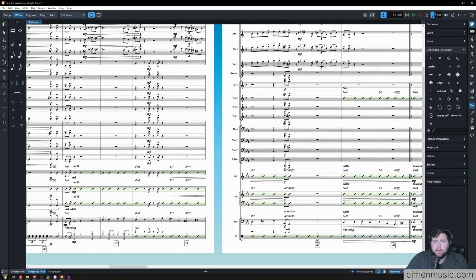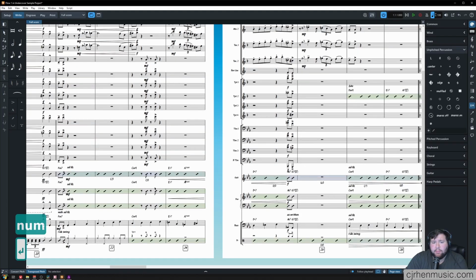First, to insert a numbered bar region, just make a selection of a range, and I will be doing this on my guitar track. Click Shift R for the repeat structures popover, and type "num" for numbered bar region. Once you click enter, that's not the formatting I'm looking for, so now I'll jump into engrave options to set